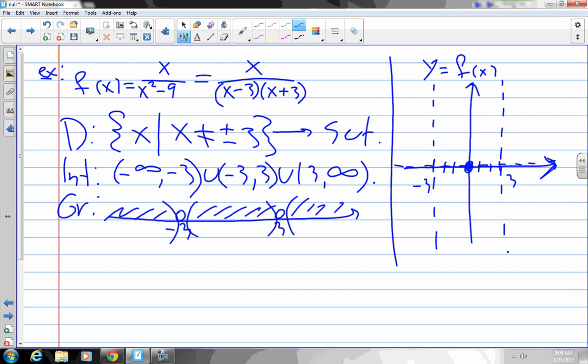So all we need to do is to pick one point. Let's pick something over here. What's over here? 30. Let's plug 30 in for x. 30 divided by 30 squared minus 9. Is that going to be a positive or a negative number? Positive. So the graph of the line is above the x-axis there, right? So therefore, the only way to go is this,